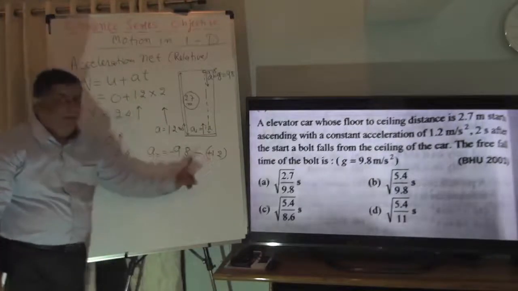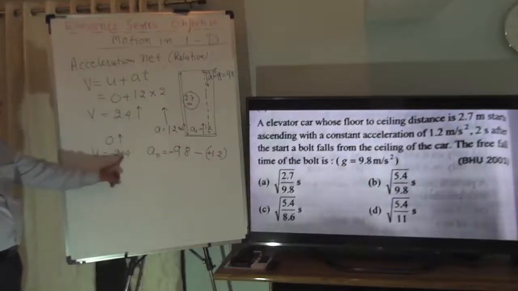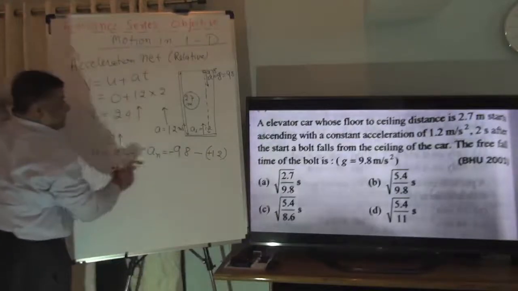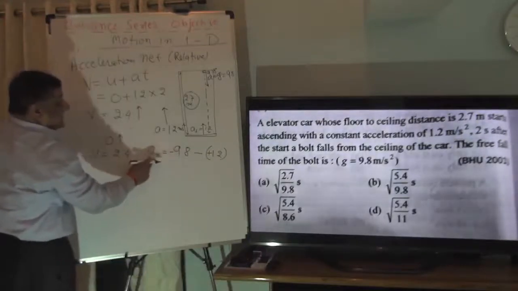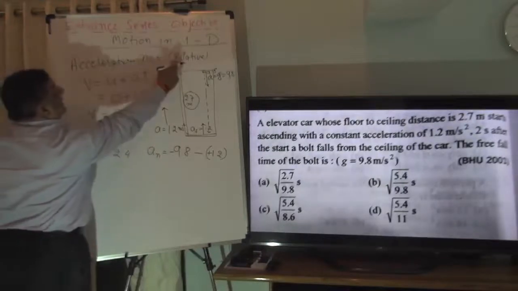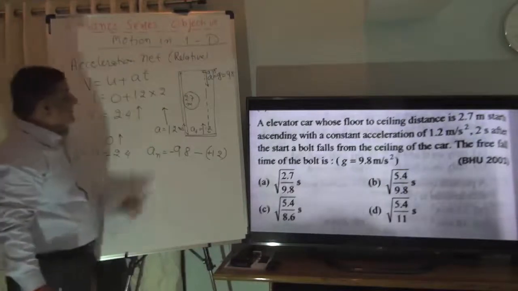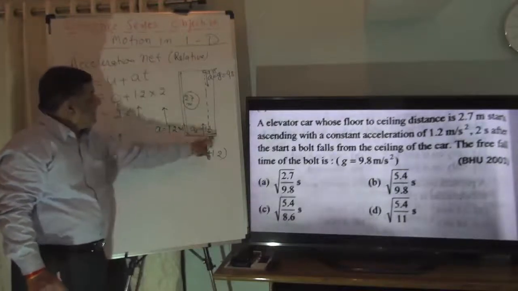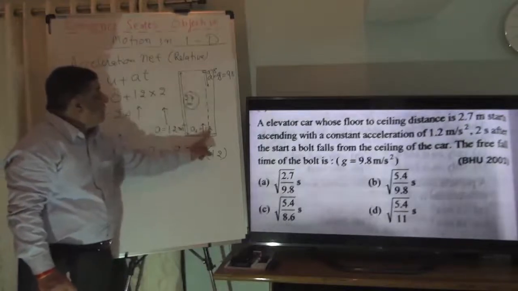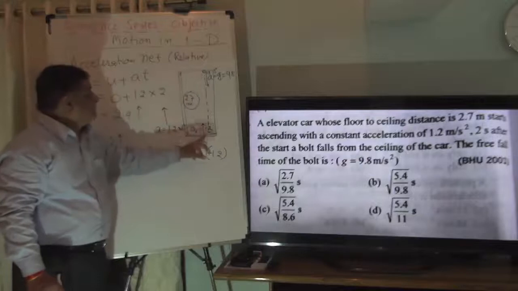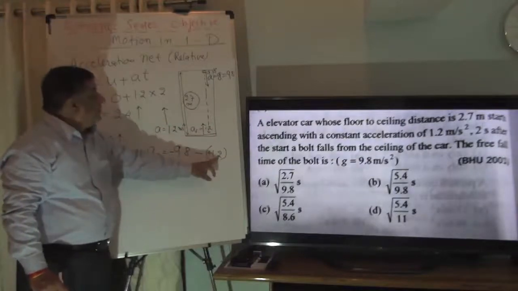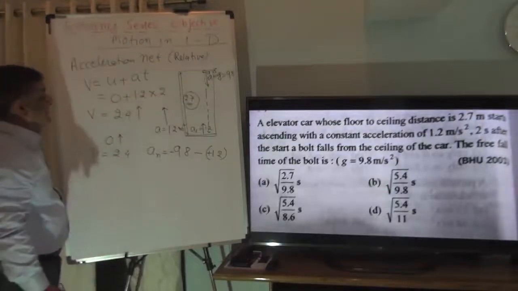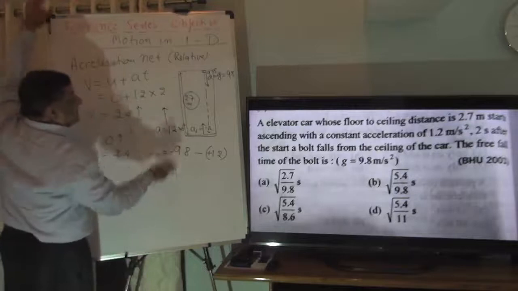Okay, let us take it this way because we have taken 2.4 in upward direction. So this is the initial velocity. This is net acceleration. See it again. Net acceleration, relative acceleration. How do we find it? The floor is approaching with acceleration 1.2 in upward direction, and this is coming down with acceleration 9.8. So what is net acceleration? The answer is the addition of the two.